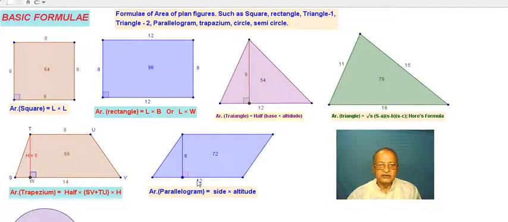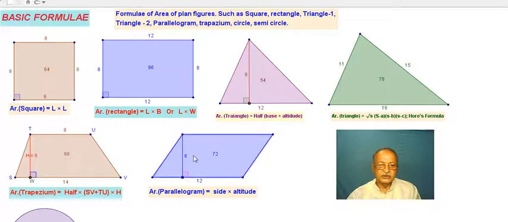Now here, 12 unit, this is a parallelogram. In a parallelogram, these sides are parallel, and this pair of opposite sides is also parallel and equal. So here what we have to do is just side into altitude. We'll take one side and the corresponding altitude. It should be the corresponding altitude, meaning the one between the side we are